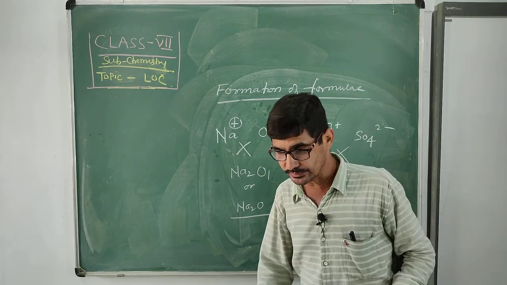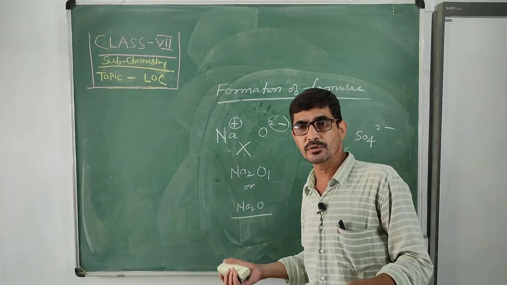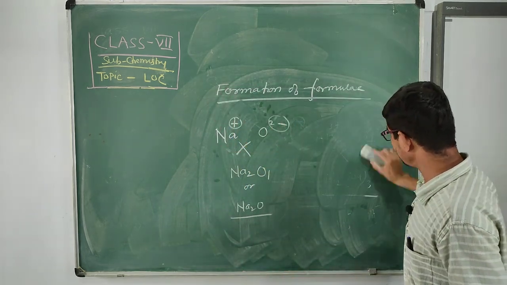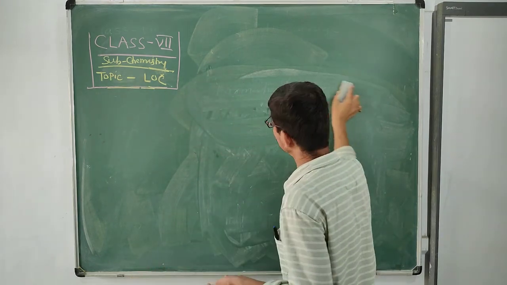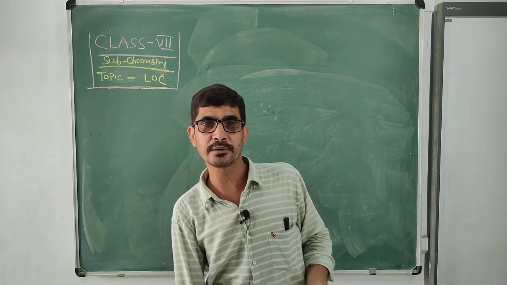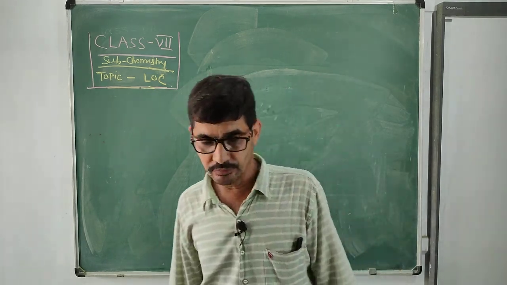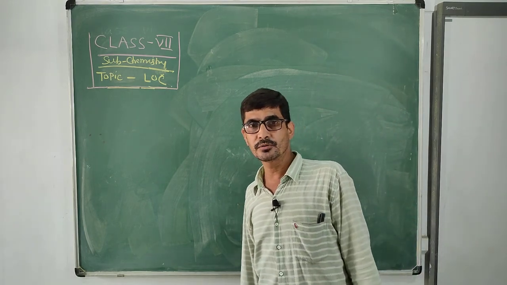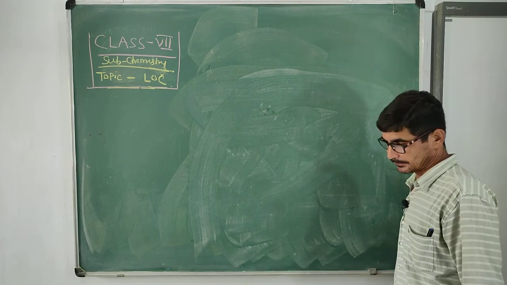So dear students, with the help of radicals, in this way we prepared formulas, as many as possible. Gradually the formation of formulas should become strong, and then only are we able to write down chemical equations, because without formulas we are unable to write down chemical equations. So at first you should know how to form the formula with the help of radicals.